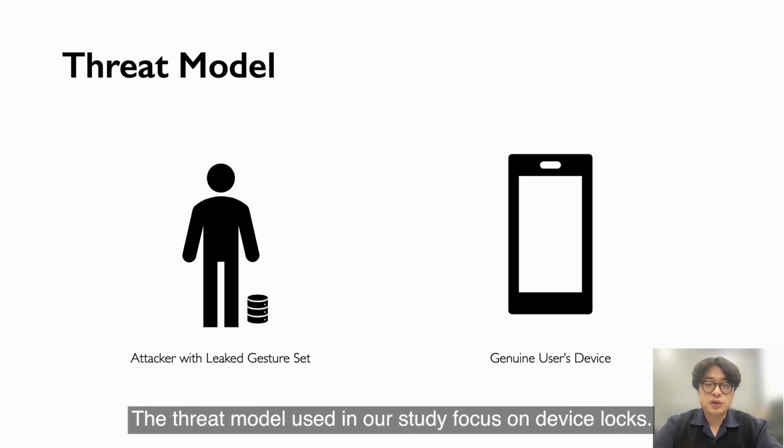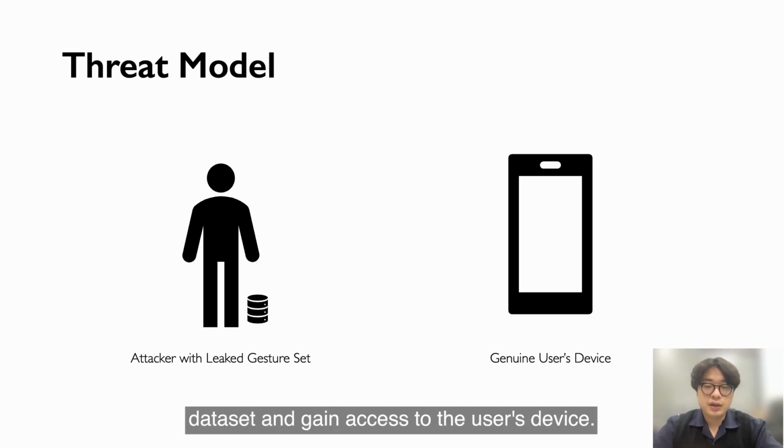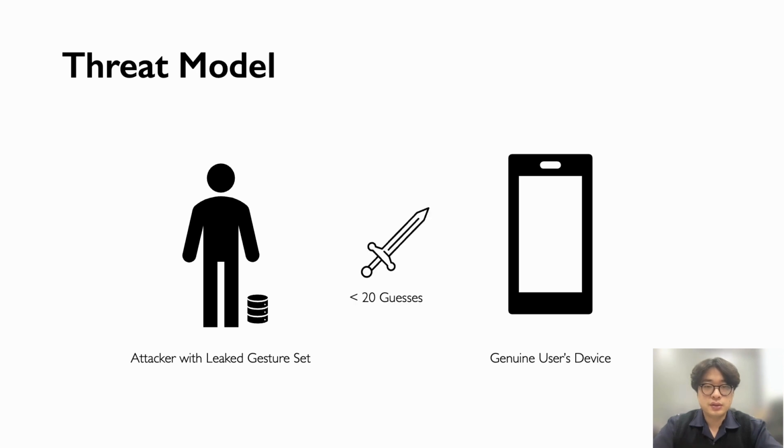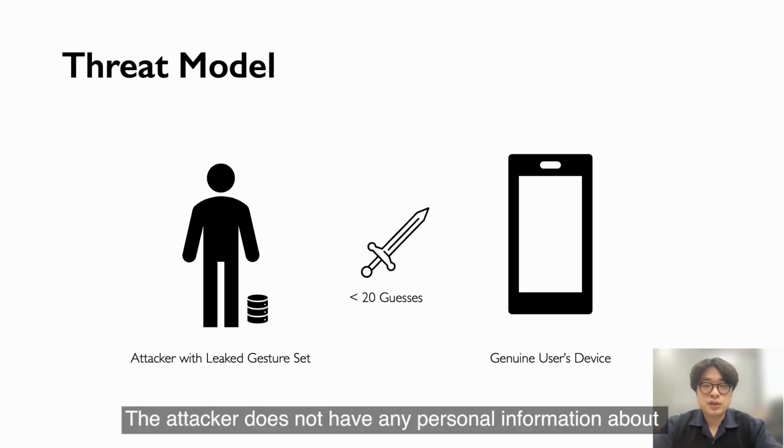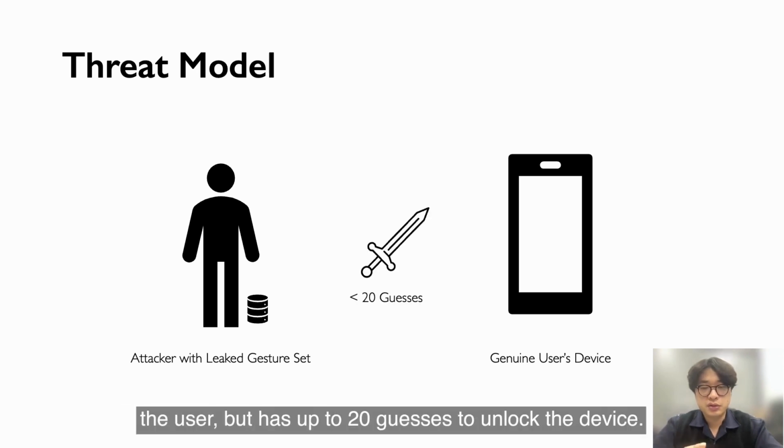The threat model used in our study focused on device locks. We assume that an attacker has obtained a leaked gesture dataset and gained access to the user's device. The attacker does not have any personal information about the user, but has up to 20 guesses to unlock the